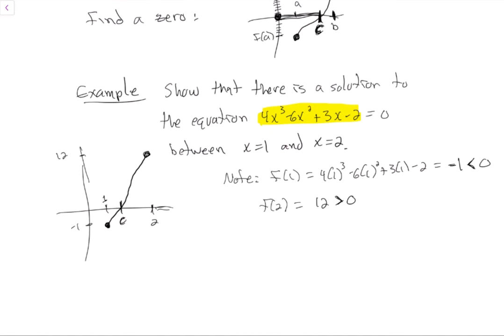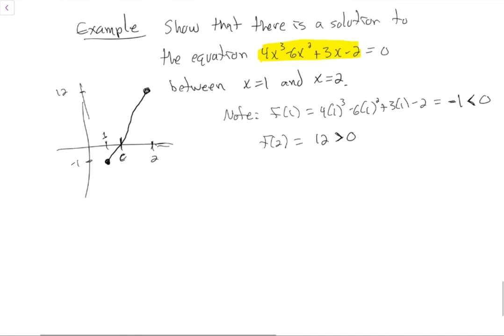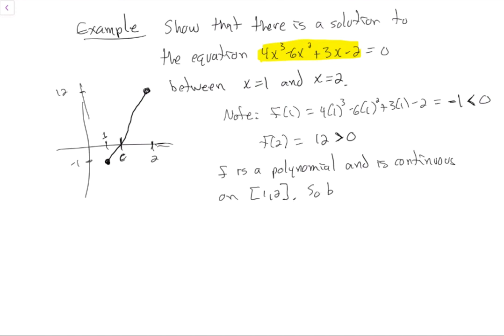Now, the question then is f continuous? So let's also note f is a polynomial. And just like we discussed a few minutes ago, it's going to be continuous everywhere, right? In particular, it's continuous on our interval from 1 to 2. Right? So we're going to say, so by the intermediate value theorem,